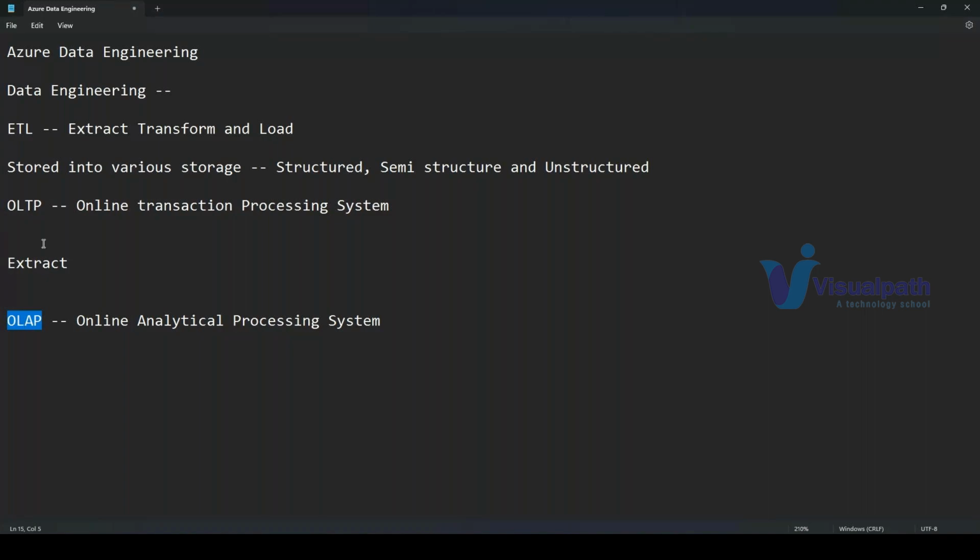Okay, what consists of the OLAP system and what is there in the OLTP system, we'll see in later sessions. In general, we do the extraction of data from the OLTP system and we put it into the OLAP system. Okay, that's what the extraction is. Now,